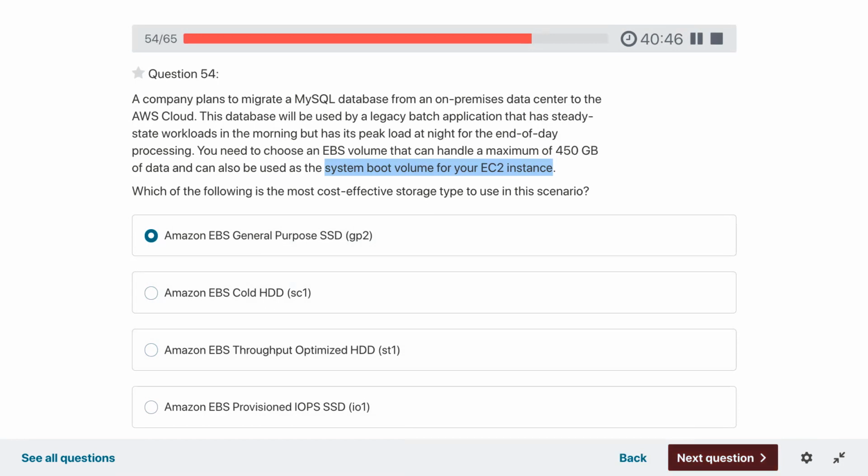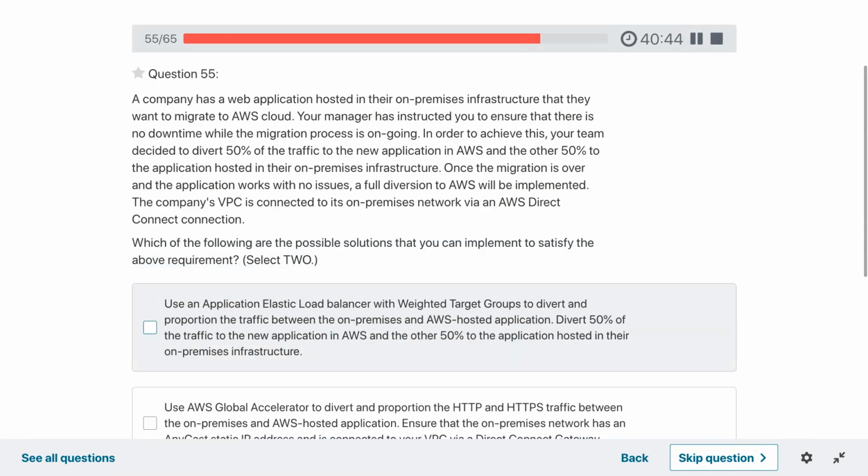A company has a web application hosted in their on-premise infrastructure that they want to migrate to AWS. Your manager instructed you to ensure that there is no downtime while the migration process is going on. In order to achieve this, your team decided to divert 50% of the traffic to the new application in AWS and the other 50% to the on-premise.